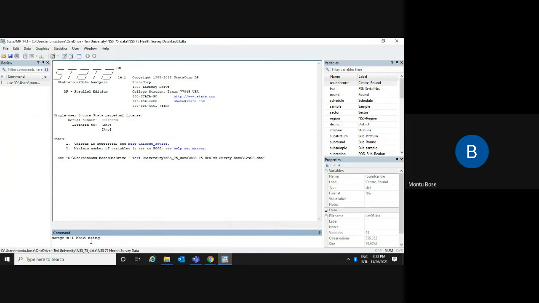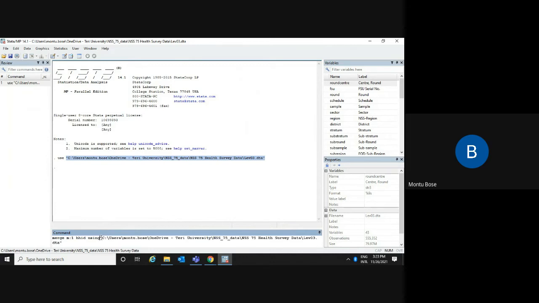Now when you have to merge this, you have to give the entire file path of it. The path for the last folder is also given here, so I'm putting this path here.